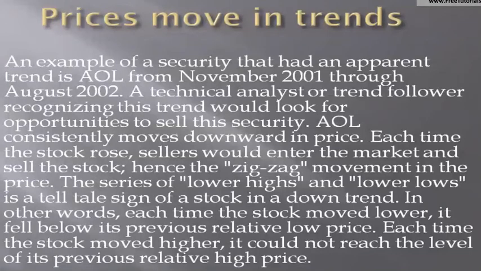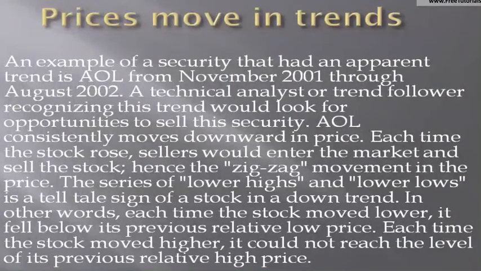Each time the stock rose, sellers would enter the market and sell the stock. Hence you see the zigzag movement, that is, it falls, let's say 7% and then rises, let's say 3.5%, and then again falls 8 or 9%, and then rises 4 or 5%, and then again falls. So it's a zigzag movement going down, like stairs. If you put one step down, you are standing on it. But to go down, if you look at your foot, it will rise some degree, but then